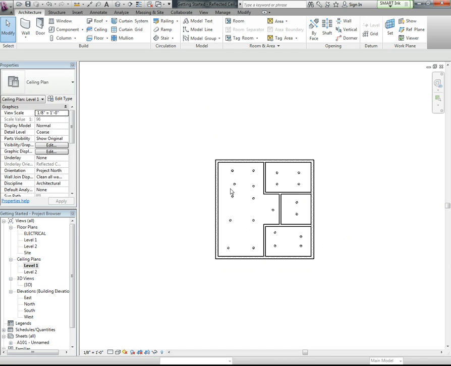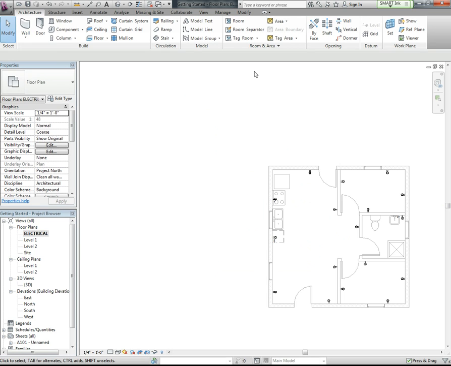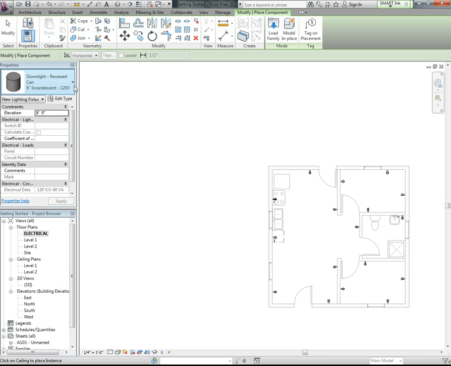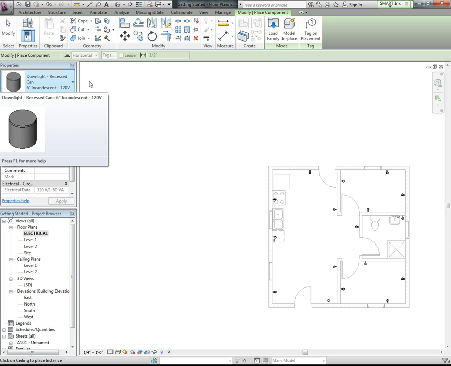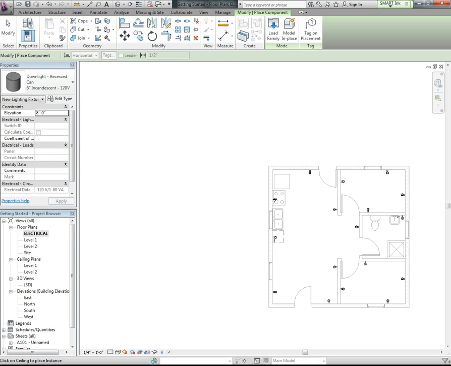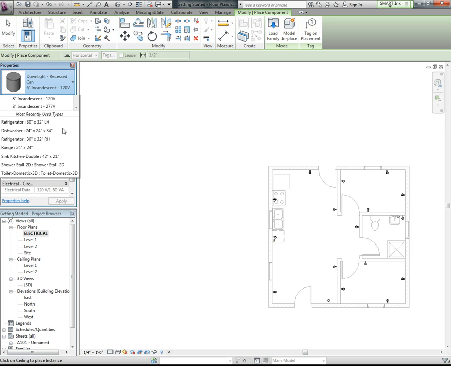Okay, now what I want to do is I want to put a switch in. So I can go back to electrical plan and add my switches. So you go component, go to switch, and I'm going to come back and add a second video to that. So all you got to do is go to switch,